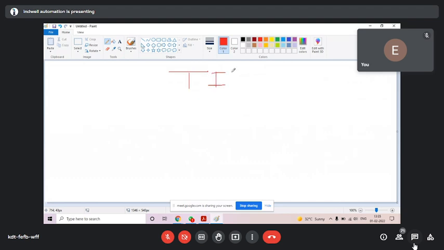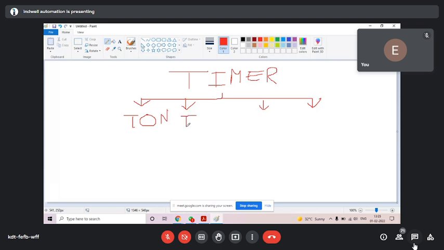Timers, we have four types actually. Let me write down. We have four timers. We have the on delay timer, TON. We have the off delay timer, TOF. We have the pulse timer, TP, and there is one real time clock, RTC. Mainly you consider these three: RTC, let it be, that is the real time clock, the on delay timer, the off delay timer,